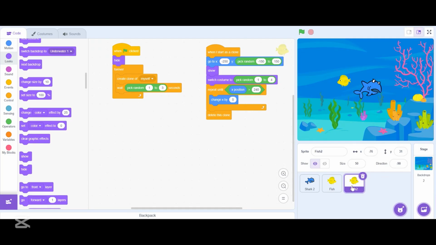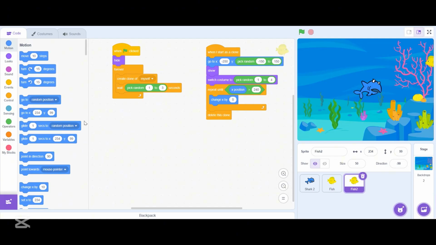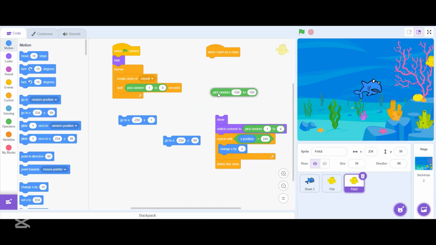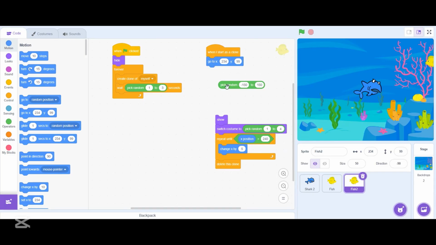Next, for this fish too, we have to change a little bit of something. So everything is same here, but here we have to do another thing. For that, let's see which position we are in first. So they will start here in this position. That means Y position will be 234. For that, let's go to the motion menu and drag a go to XY block like this, and instead of this we will need a pick random number block. Let's do this and drag the go to XY block here. Next, pick random number is the same because we are going to change the pick random number of Y position from -50 to +50,